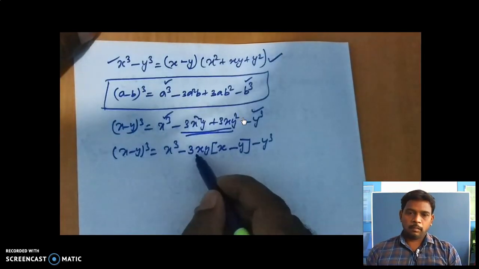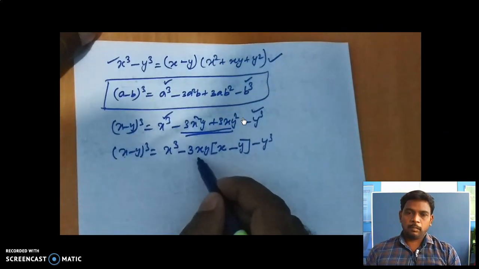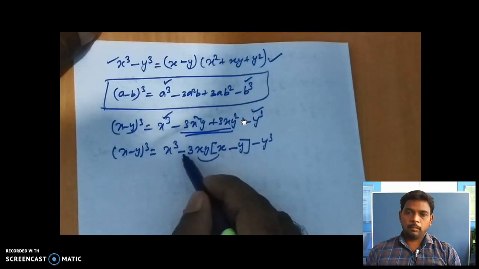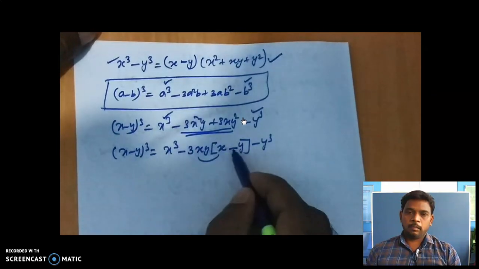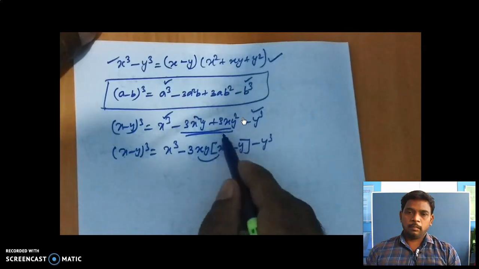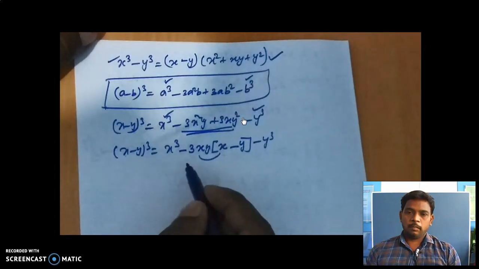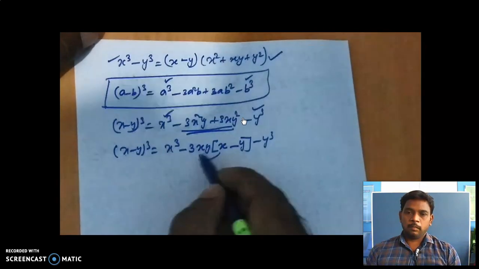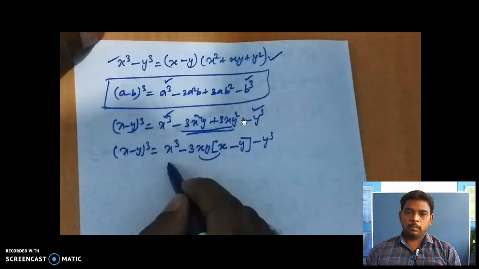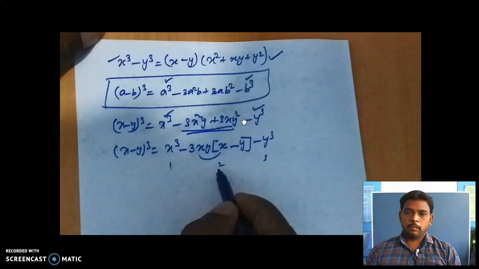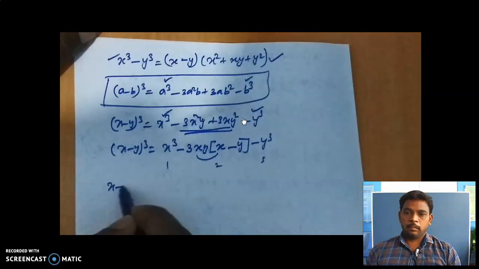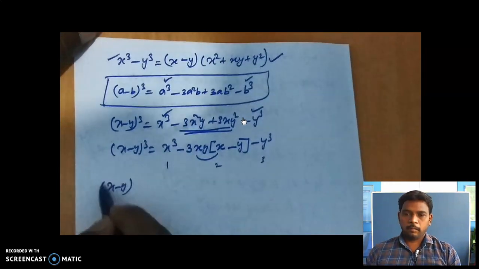If you want to verify whether this common term is right or not, just multiply inside and check it. So if you multiply here, what will happen? Minus 3x square y. And similarly minus into minus, plus 3xy square. The same term will come here. Okay, next, so bring this term out of that: here is the first term, this one the second term, this one the third term. So just transfer the second term into the left-hand side. So already on the left-hand side (x minus y) whole cube is there. So bring it to the left-hand side here.